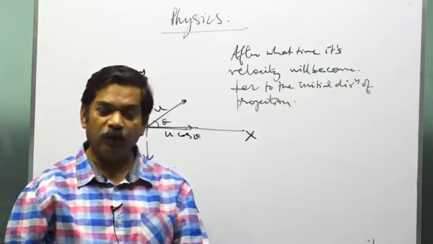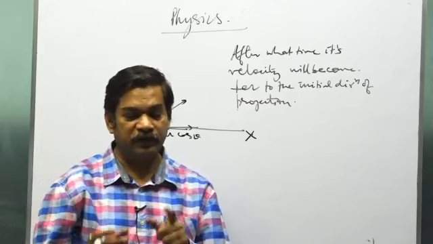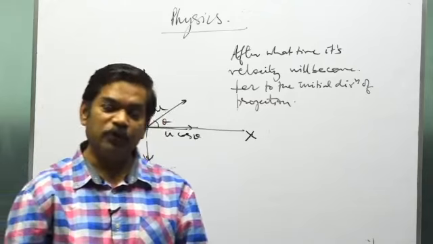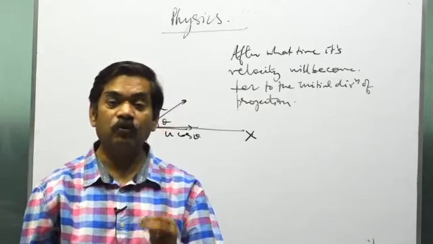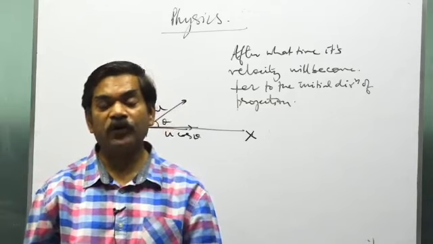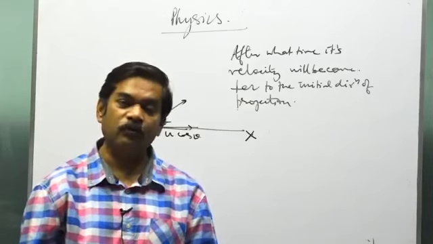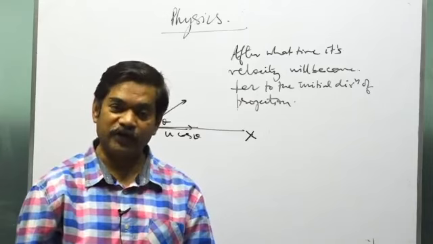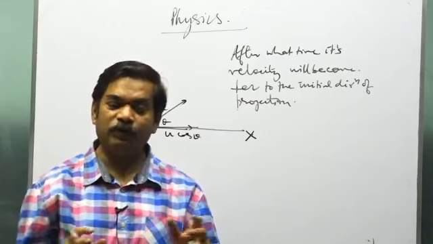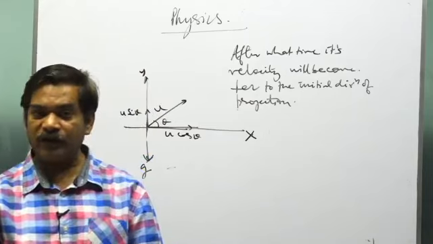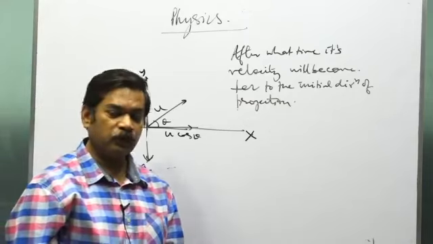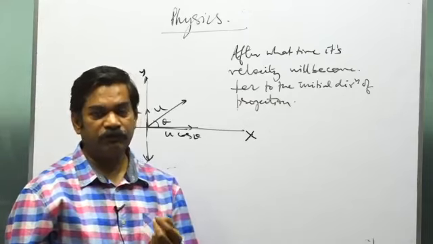But you are not bound to select these directions. You have to take two mutually perpendicular directions according to utility, according to what you want to solve, according to your need. They could be any two mutually perpendicular directions. There is no restriction for it. So if you can understand your need immediately, the question could be done within a few seconds.